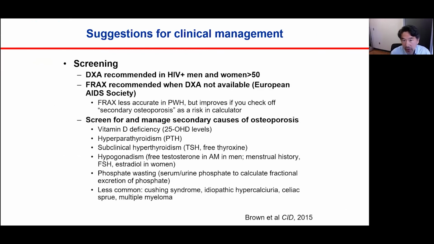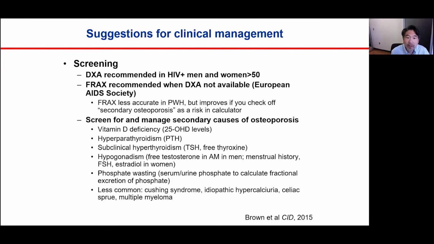So here are some suggestions for clinical management. As far as screening is concerned, when we're screening with the DEXA, we're trying to see who's at greatest short-term risk of having a fracture and requires additional intervention. And here we recommend doing the DEXAs in older individuals only, above the age of 50. As I discussed before, DEXA does not have such great predictive value for younger individuals as far as short-term fracture